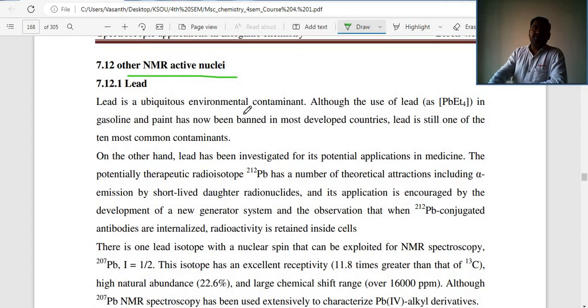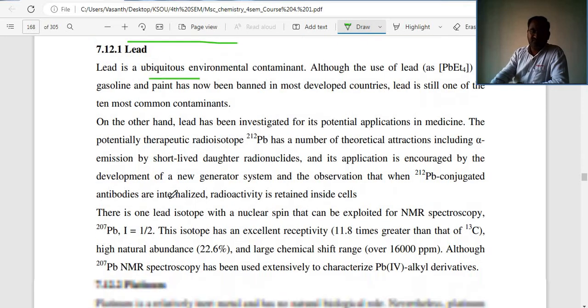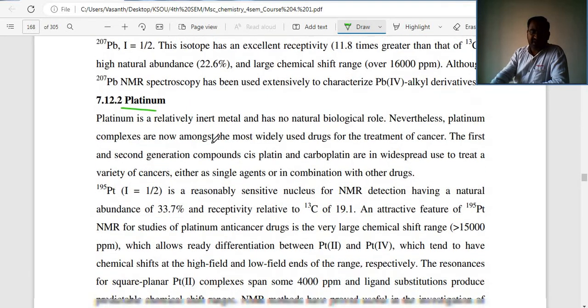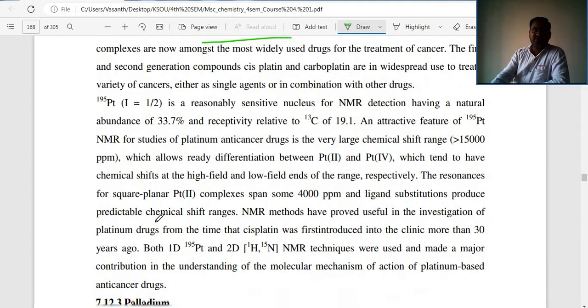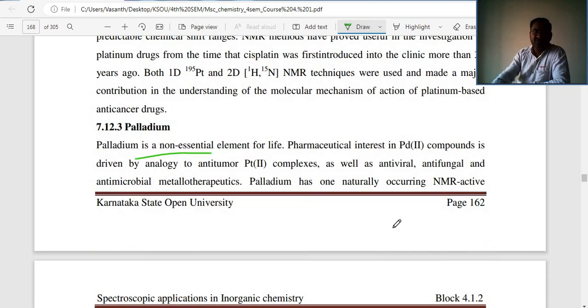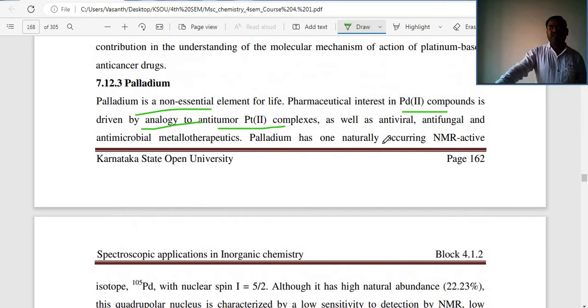Some other NMR active nuclei. Lead is a ubiquitous environmental contaminant. Platinum is a relatively inert metal and has no natural biological roles. Palladium is likewise a non-essential element for life, so pharmaceutical interest in palladium compounds is driven by analogy to anti-tumor complexes, as well as antiviral, antifungal, antimicrobial